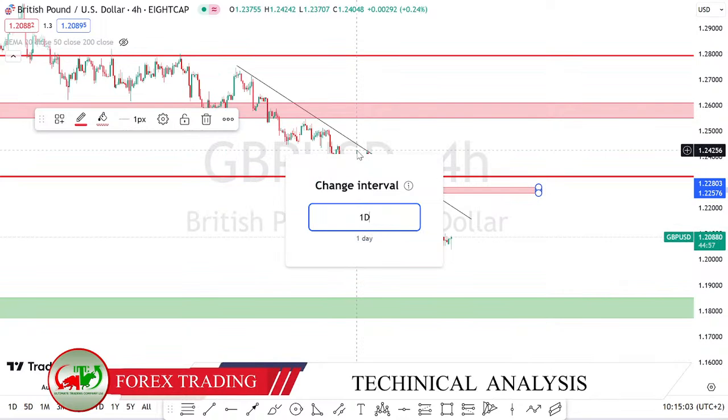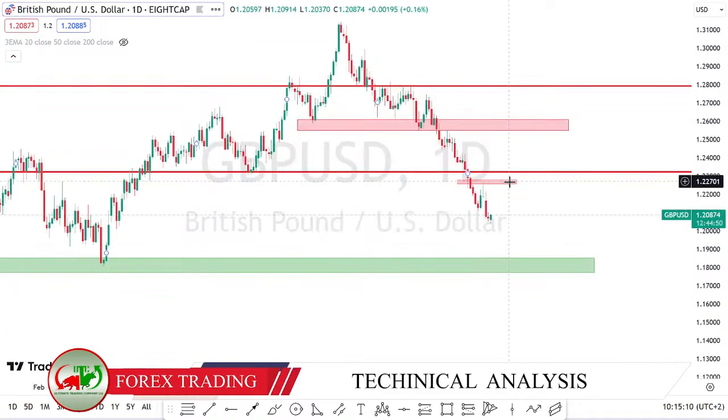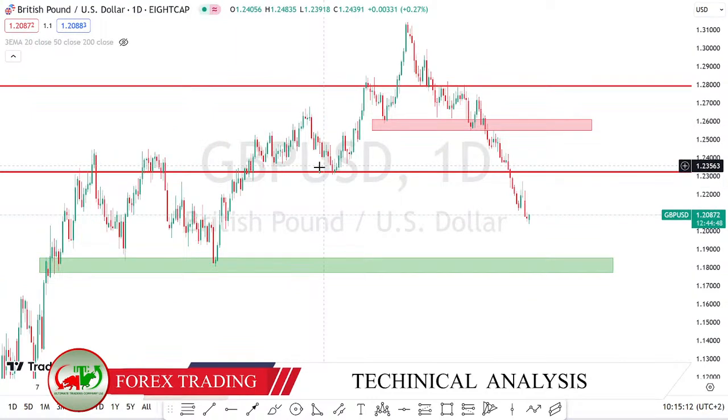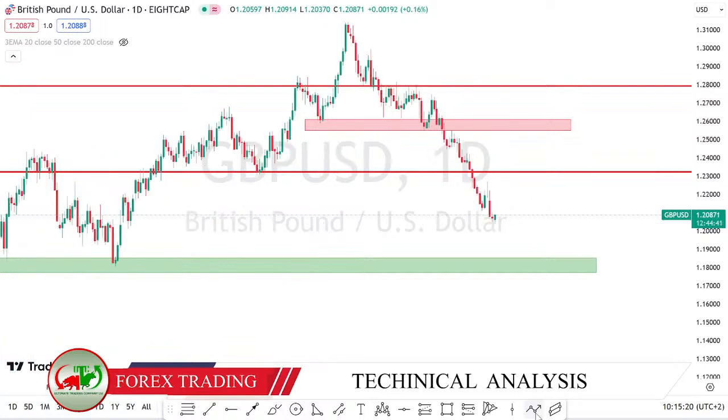You see, USD Japan, USD GBP, USD has broken below this significant support. So the high probability is that it could turn into resistance. Therefore, we are waiting for the market to pull back at this resistance and then continue this bearish move. That clearly shows that we do not have any selling opportunities in GBP USD today.